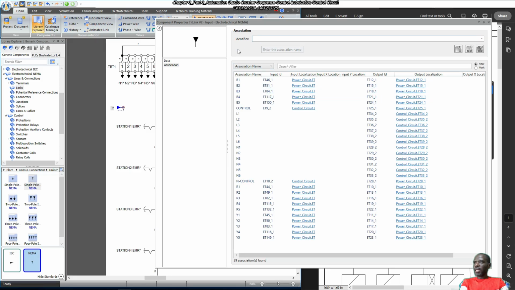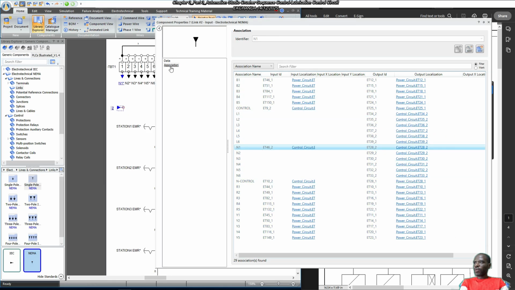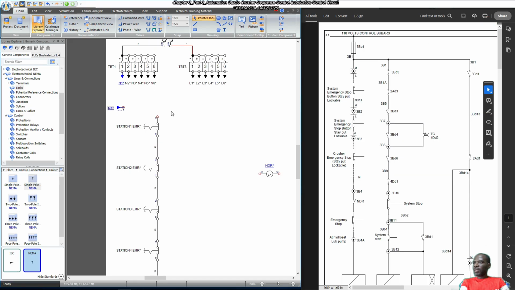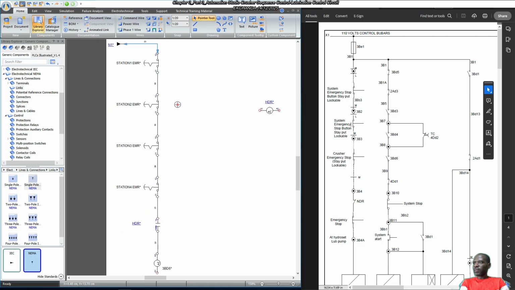Then this input link, I'm going to associate to N1, and of course I'm going to call this N1, just to remind myself. And then this one here will be linked to this point. And then on this other end,